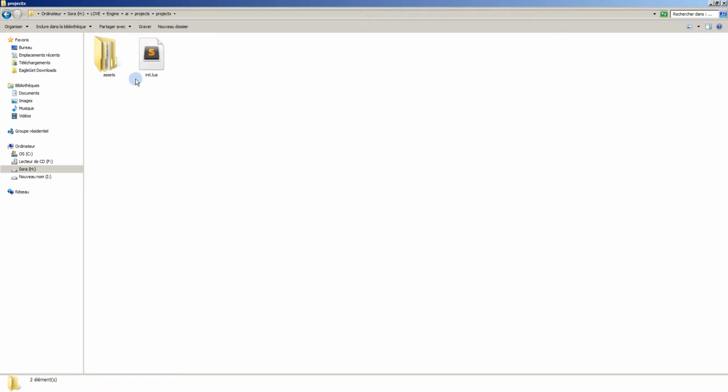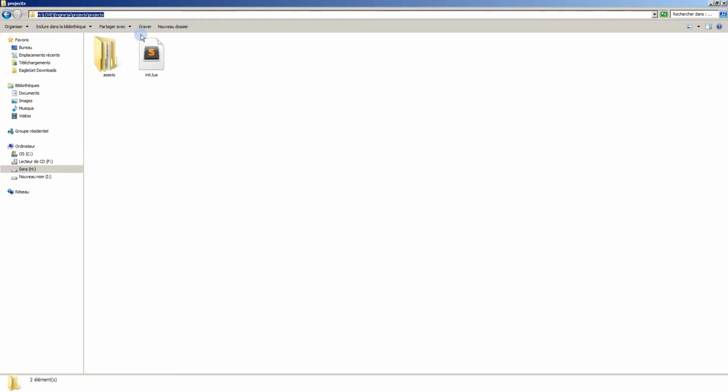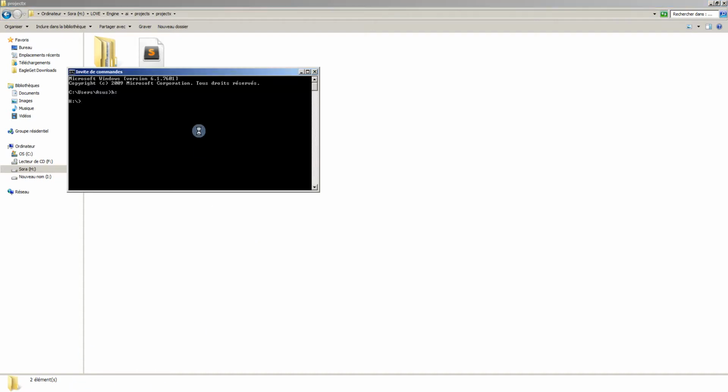And once we create the directory, we need to create a file called init.lua, and that's because when we start the engine,